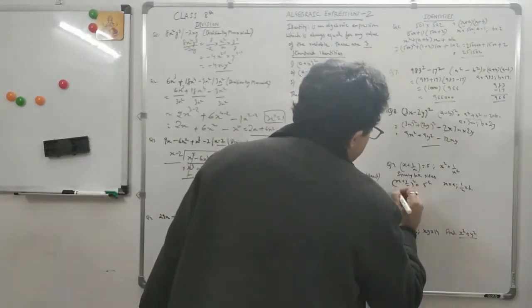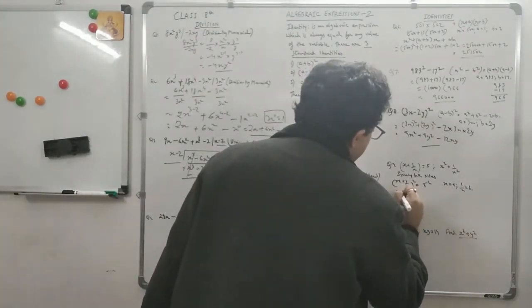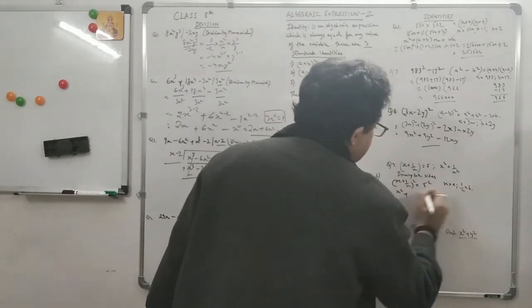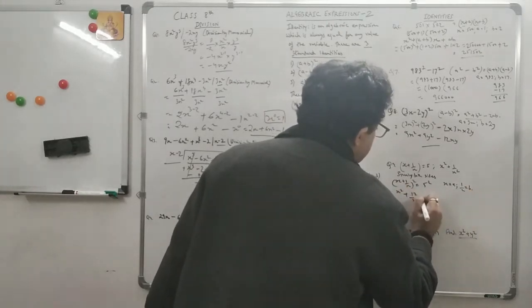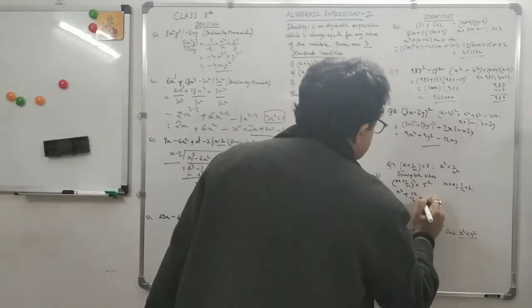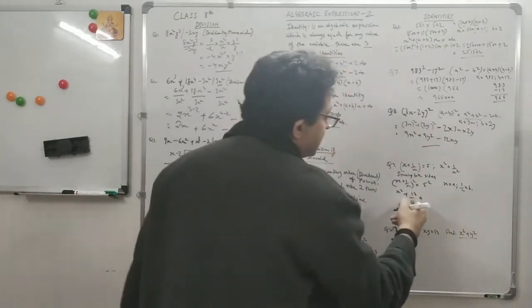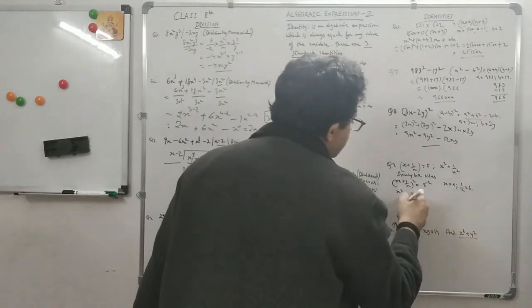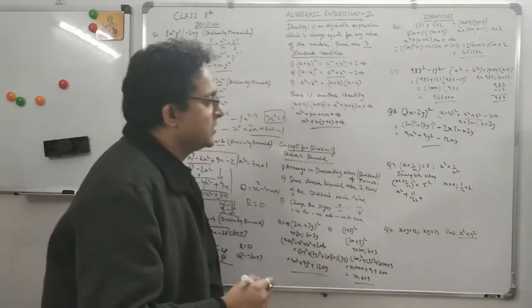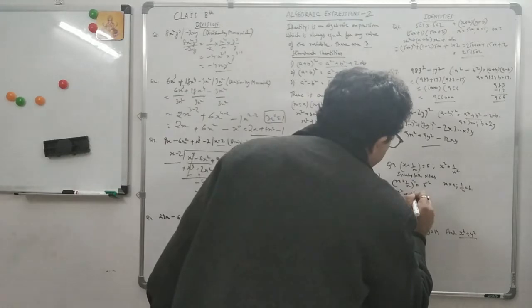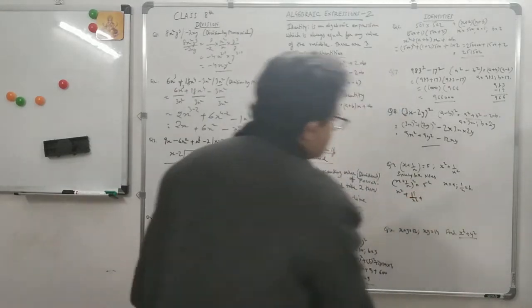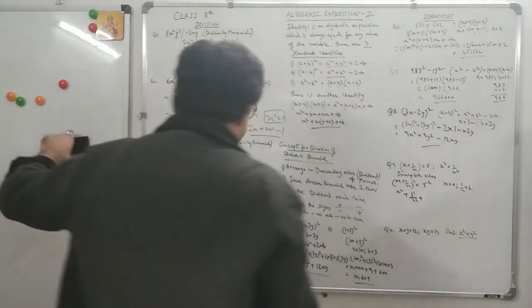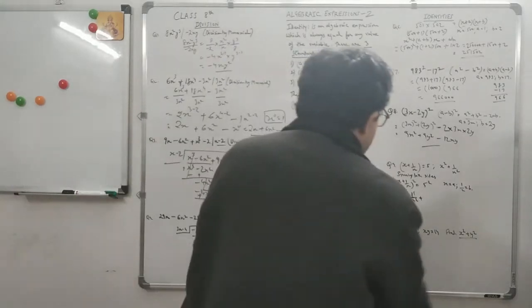A square is x square, plus b square is 1 by x square. 1 square upon x square is again 1 by x square only. You don't have to write 1 square, because it's again 1 only. So you just leave it as 1 upon x square. Right? Now plus